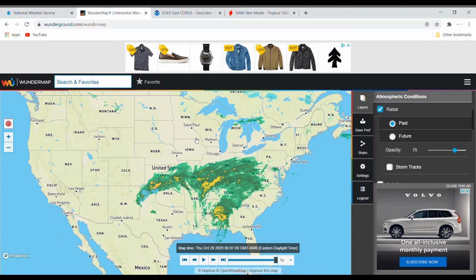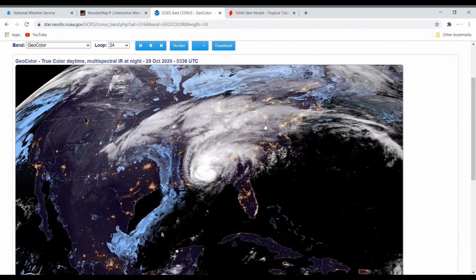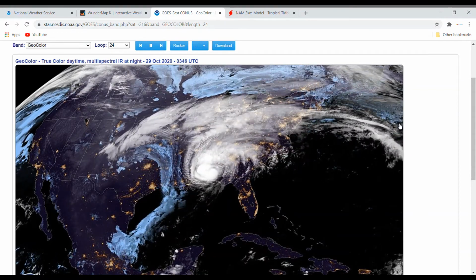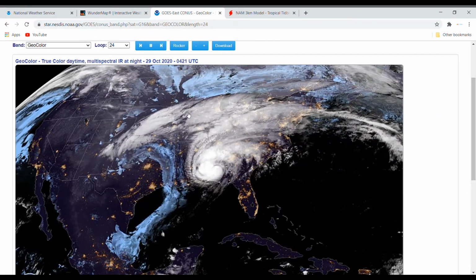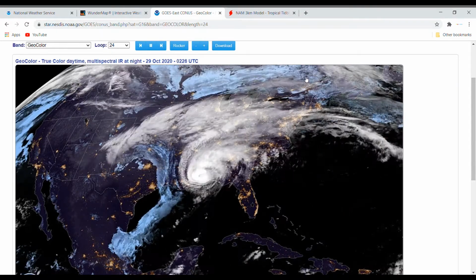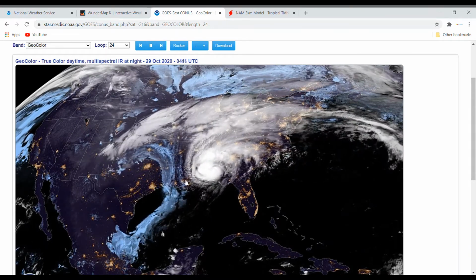Now let's move on here to the satellite imagery. So you can see the convection of Zeta, and you can also see that this storm's cloud cover is expansive from New Mexico all the way out into the Atlantic. One single cloud area here, and this thing is gonna be powerful, and it's gonna drop a lot of rain. It's going to drop some snow because of how it's going to set up over the Northeast,